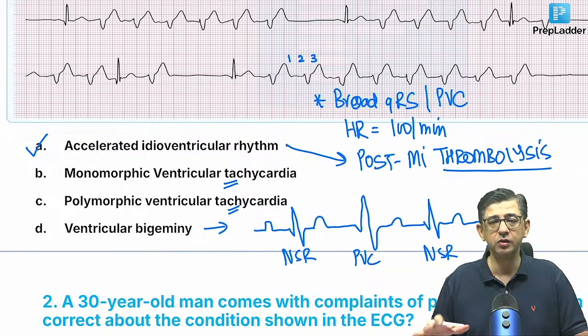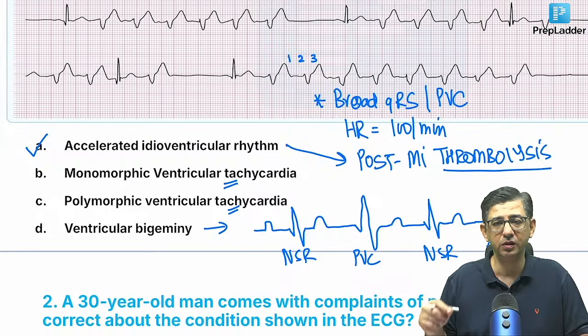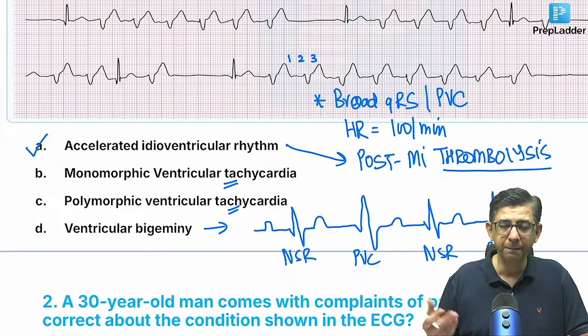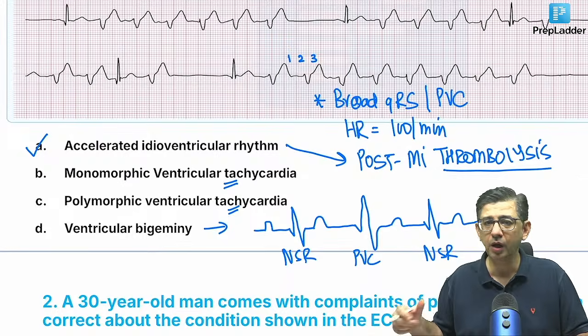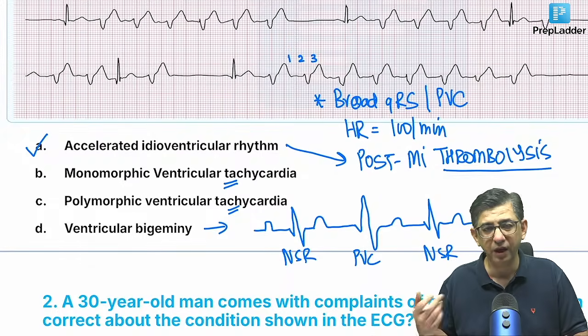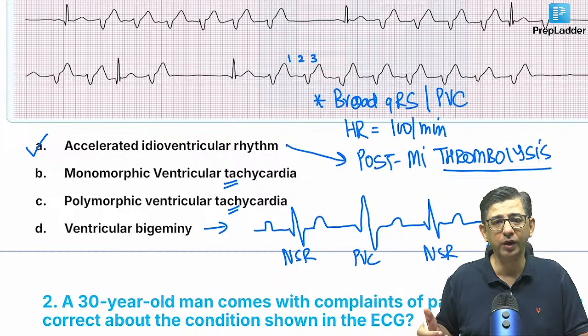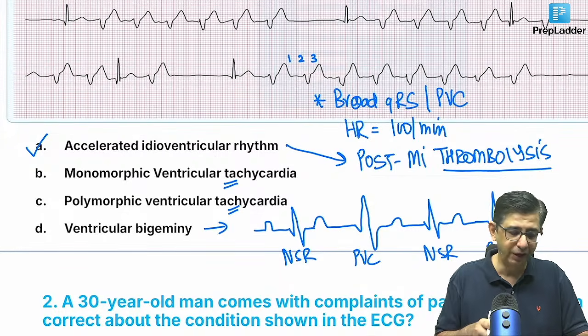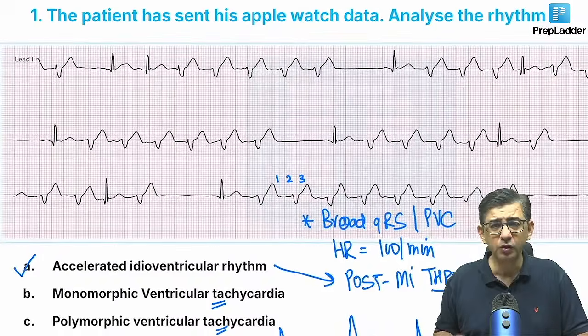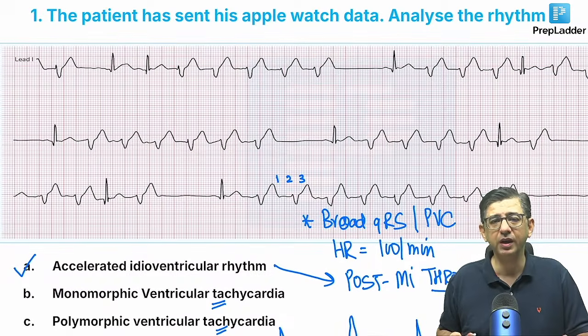The bottom line is all the 4 things that are mentioned on the slide at the moment have a broad QRS. If heart rate was more than 100 and the size of all of them was equal, monomorphic VT. If the size was variable, I'll say polymorphic VT. If the heart rate is normal, then you call it an AIVR. And if you have alternating NSR with a PVC happening, we will call it a ventricular bigeminy. So in case you have not given this test in the app, do try to have a